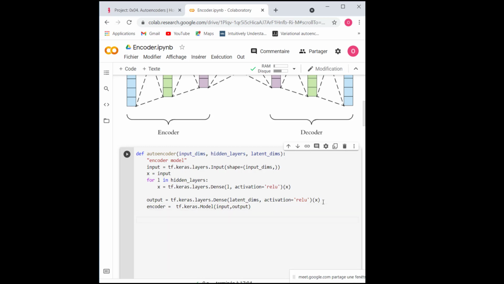Now let's move to my decoder model. As I already did in the first part, it's almost the same thing, but we have to use the reversed list of the hidden layers. I'm just going to call it, for example, input 2. It's going to take an input layer.